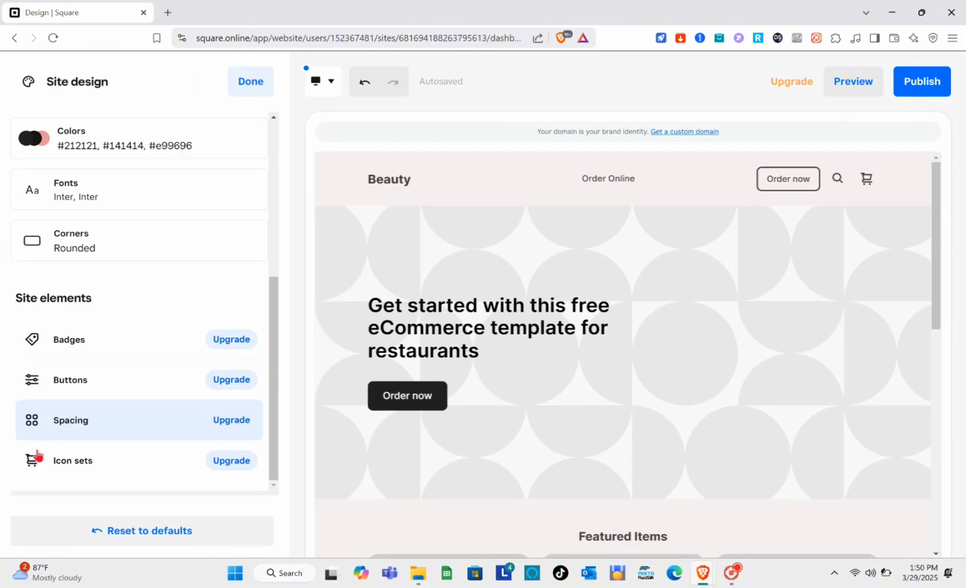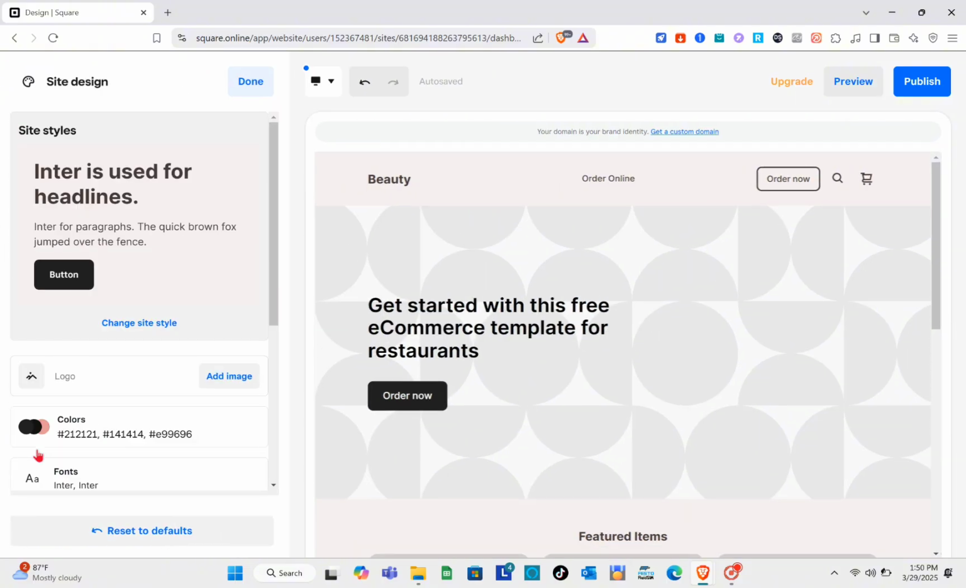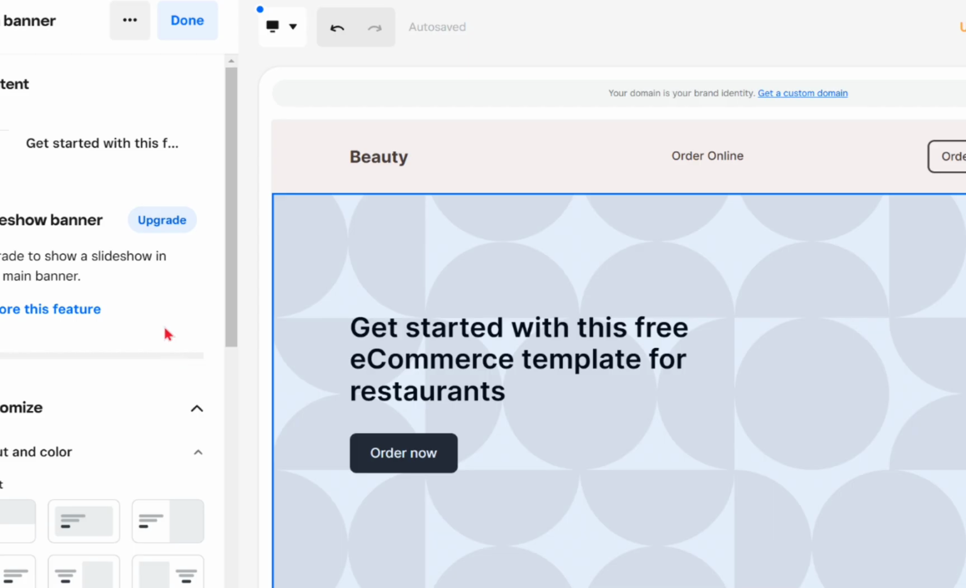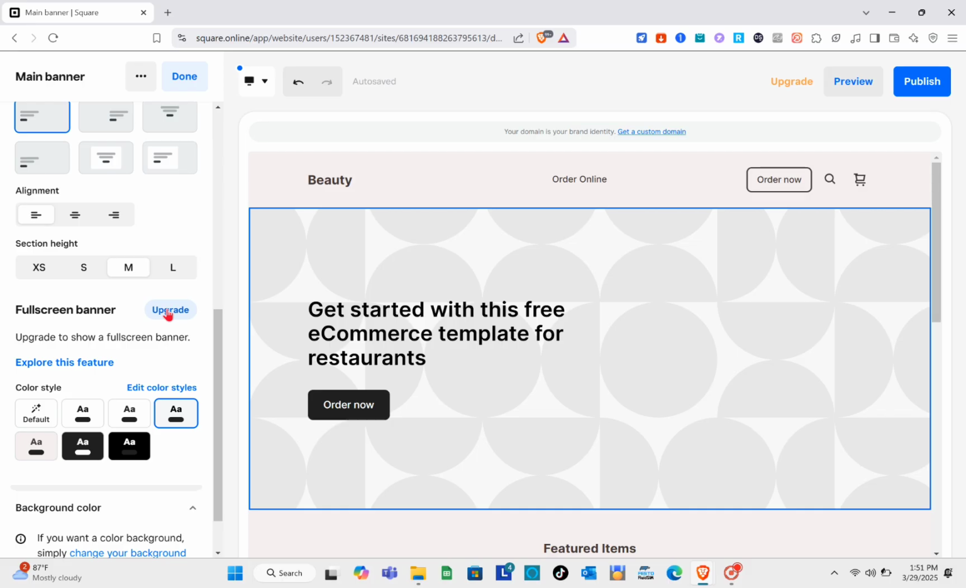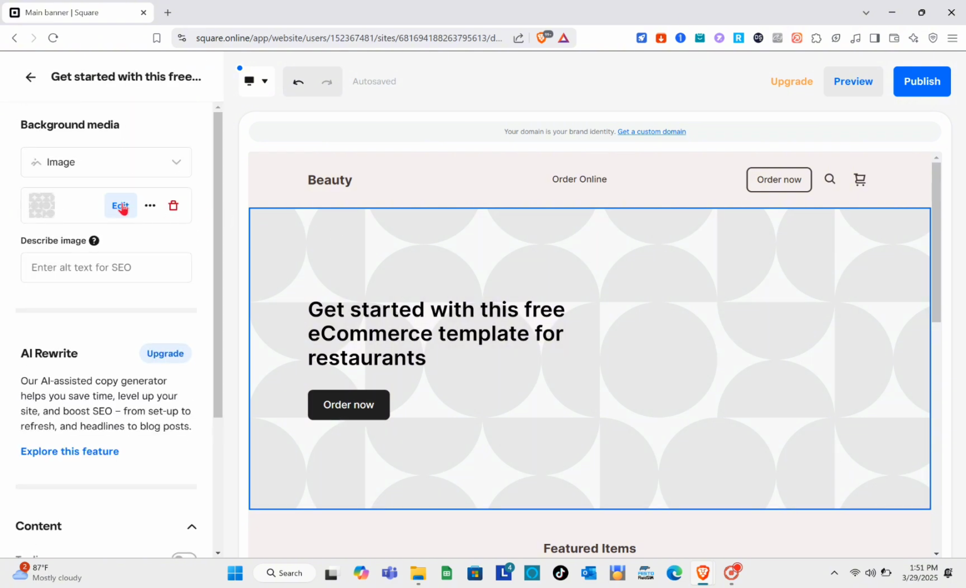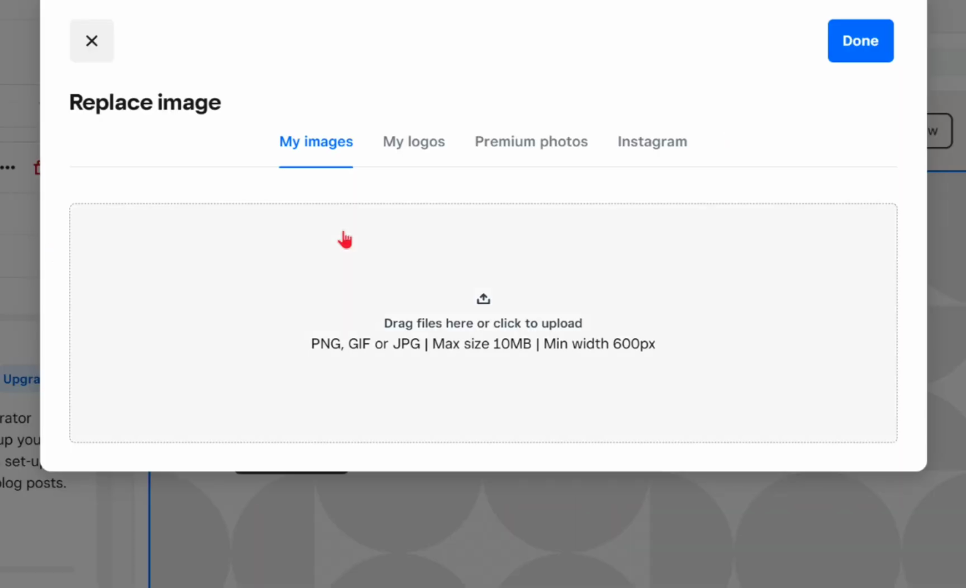Now click on done after that, and then here scroll down and you'll be able to see the site elements as well, so you can also customize that. Now the next one is the background image or the main banner. So if you want to customize this one, just click on the three dots, and then